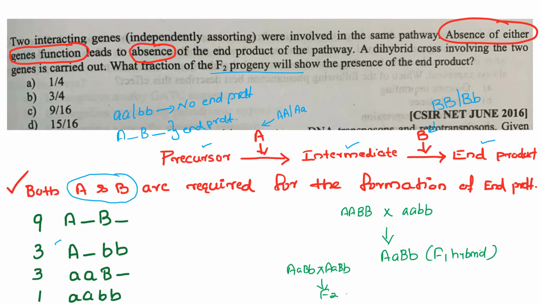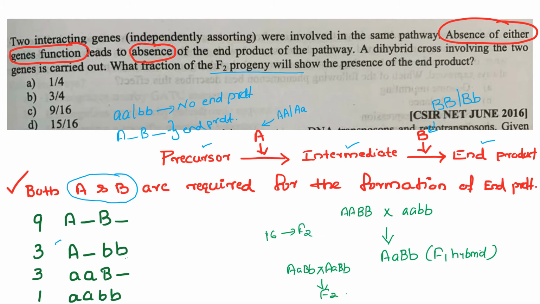For getting the genotypes of the F2 generation, we have to make the Punnett square, but it is not possible at the time of examination because it is very time consuming. So you have to remember this dihybrid cross ratio 9:3:3:1 along with the genotypes, then you can answer this type of question within minutes. We know that the normal dihybrid cross ratio is 9:3:3:1. So total 16 genotypes we will get in the F2 generation.